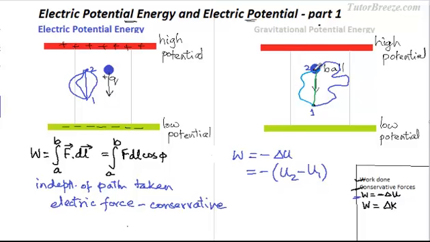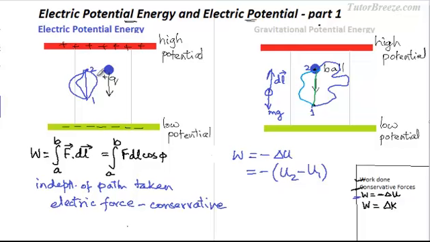In this case, work done by the gravitational force is positive since the force and the displacement are in the same direction. And you also know that the potential energy of the ball decreases since it's coming down to a lower height. However, if you lift an object through a certain height, then the work done by the gravitational force will be negative because the gravitational force is acting in this direction, but the displacement is in this direction. So the work done by the gravitational force is negative in this case, but the potential energy of the object increases.